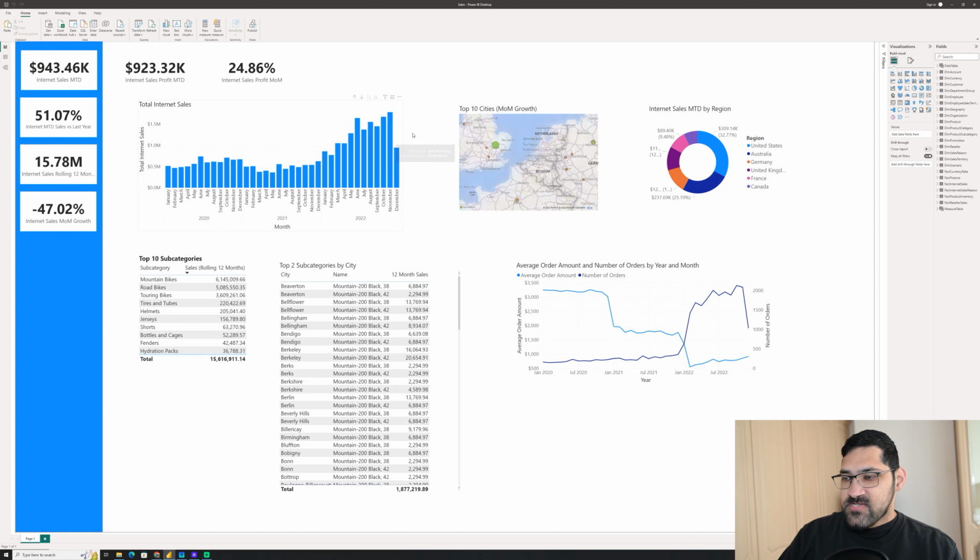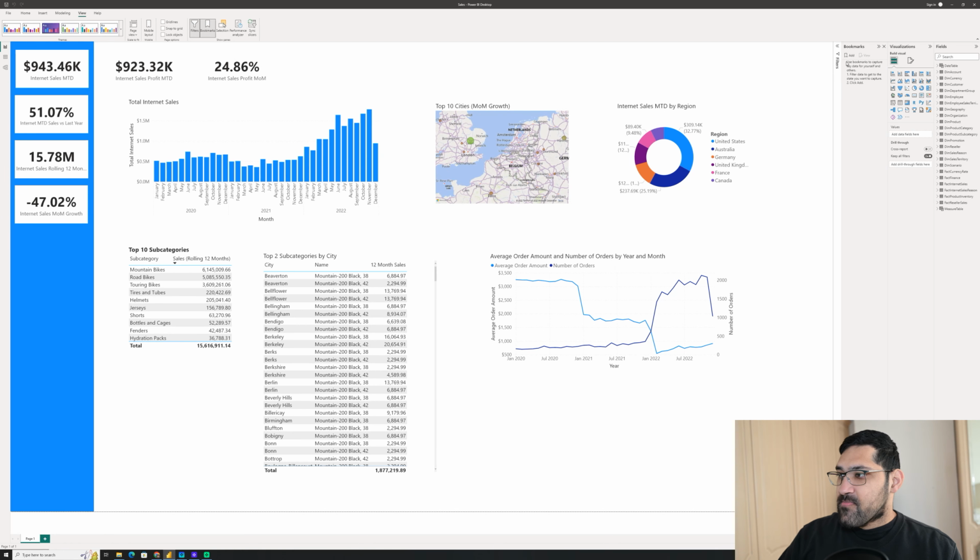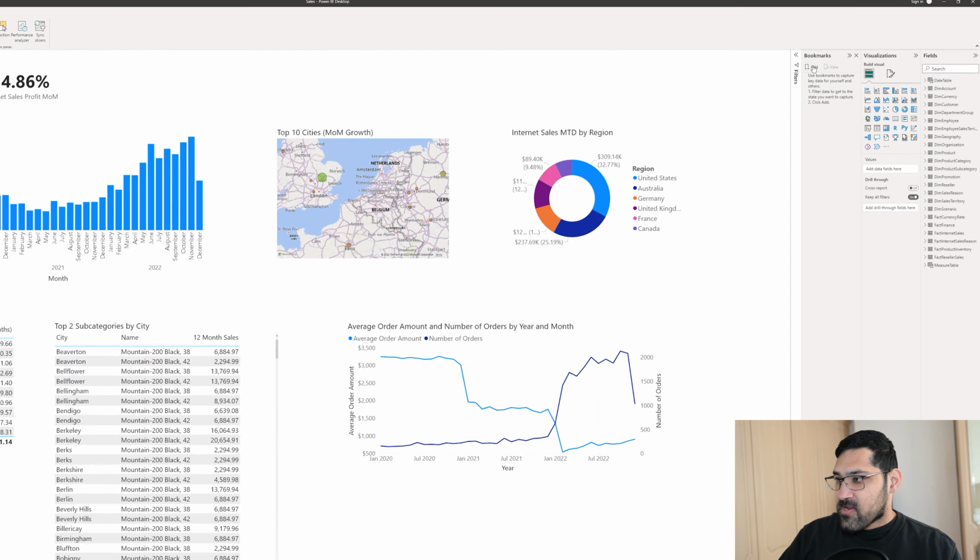So let's do that. The first thing you need to do is be in the state that you want to save your bookmark in. So we're in an unfiltered state, which is what we want. From here, we need to go to View and Bookmarks, and this is how we'll create our first bookmark. We go to Add on the right over here,